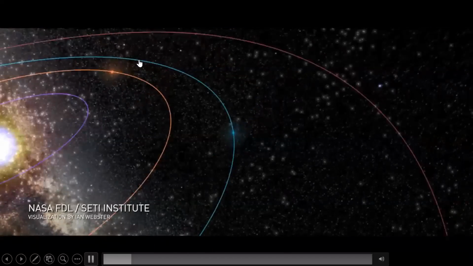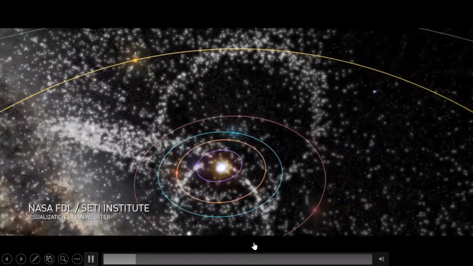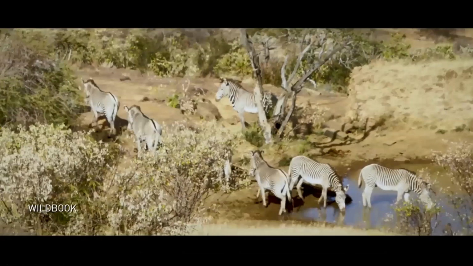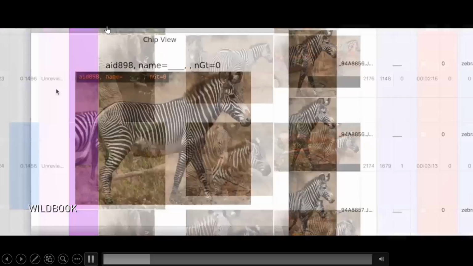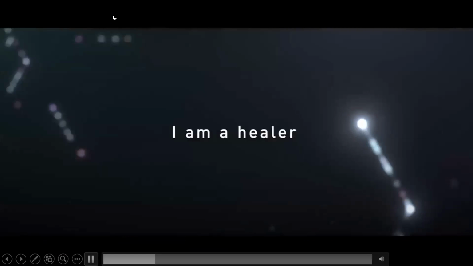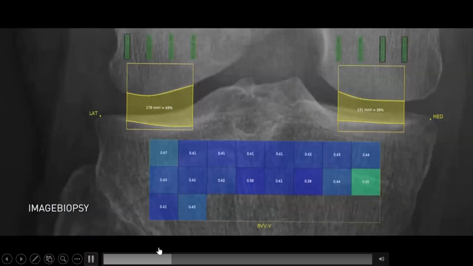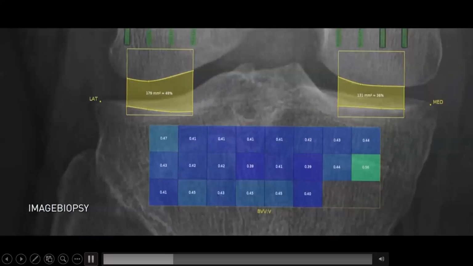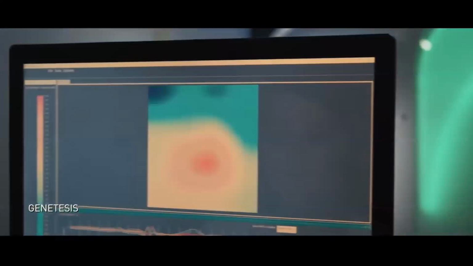The expanses of space to keep our planet safe. And all the species that call it home. I am a healer, giving doctors the vision to create amazing new cures. And using the heart's own magnetic field to diagnose itself.